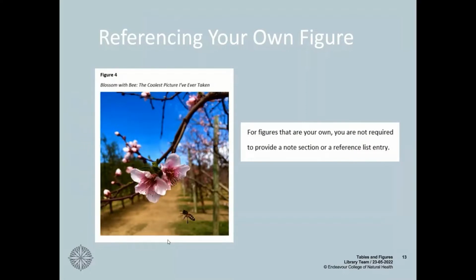When we're including such complex note sections underneath, what we're really trying to do is make sure that the copyright holder of that image, figure, table, whatever, is getting enough recognition and the copyright attribution that they need. Because I am the copyright holder, because I took this photo, I do not need to include a note section, and I do not need to include an end text reference either.